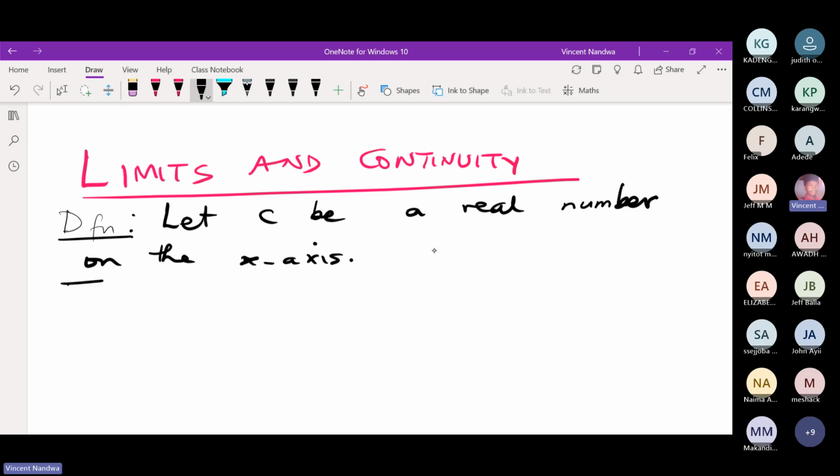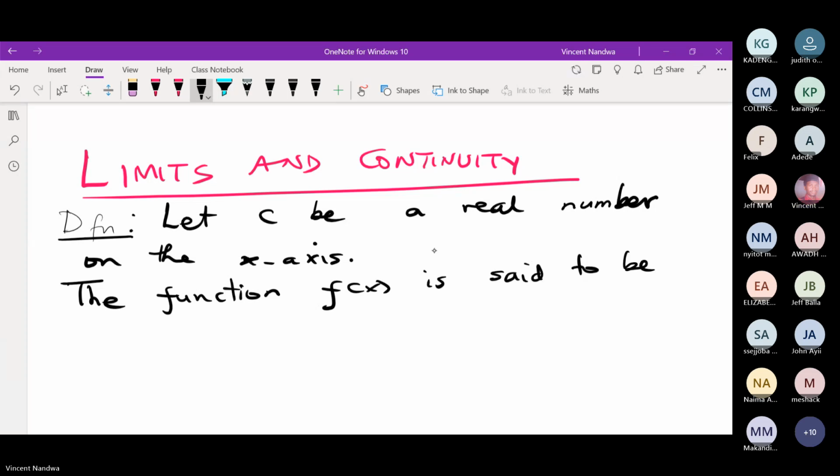A function f of x is said to be continuous at c if